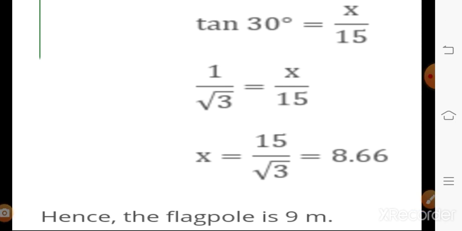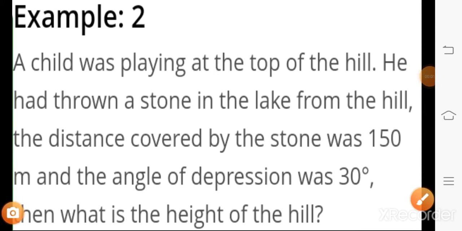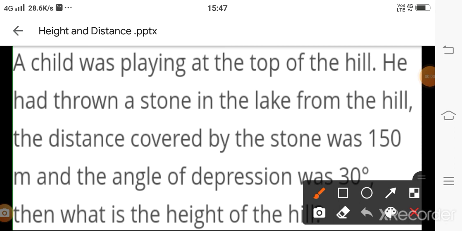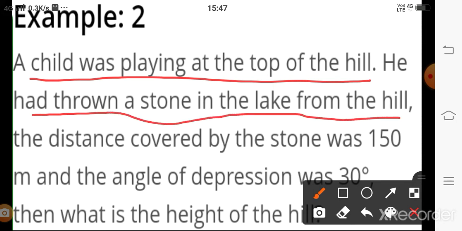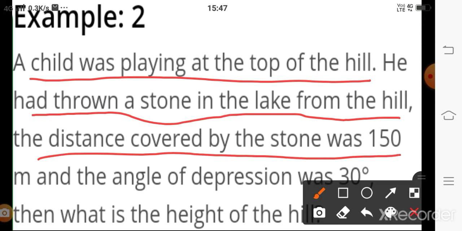And if we rationalize that value, then we get the solution of the question. One more question here, and the statement is given: a child was playing at the top of the hill. He had thrown a stone in the lake from the hill. The distance covered by the stone was 150 meter, and the angle of depression, because the child is on the